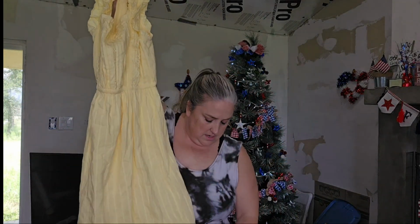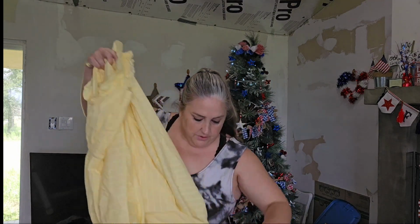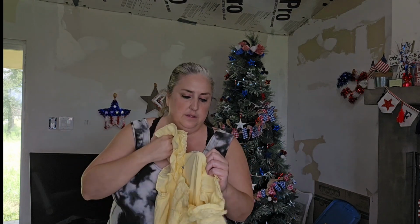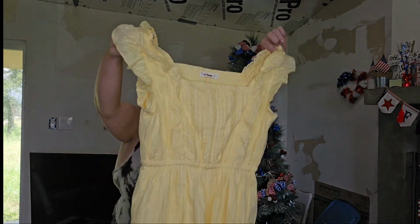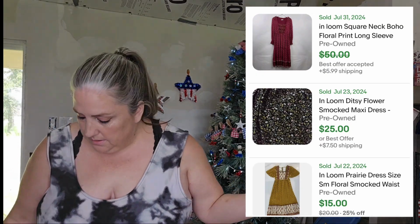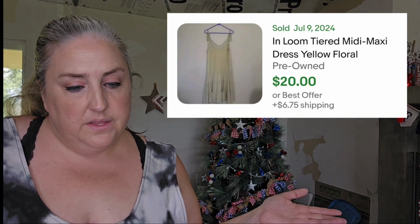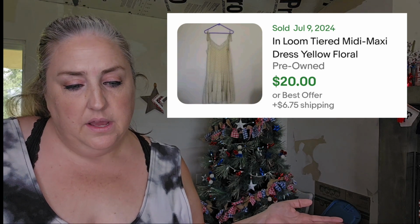Super cute. I want to say it's lined, but let's double check. Yes, it has a liner underneath, and I think I said it's a large. Anyways, when I did my research, I realized that this is a little more plain, but this company does sell, I'll show you some of their dresses. There are some that are a lot more elaborate and very prairie style, and they go for pretty good money. This one, I paid $5 for it, and I'm gonna just estimate maybe 20 to 30,